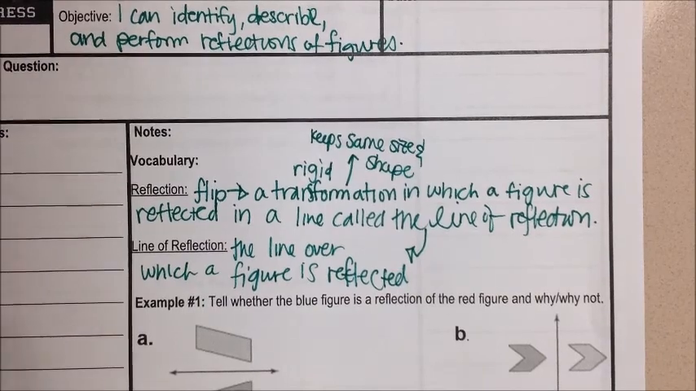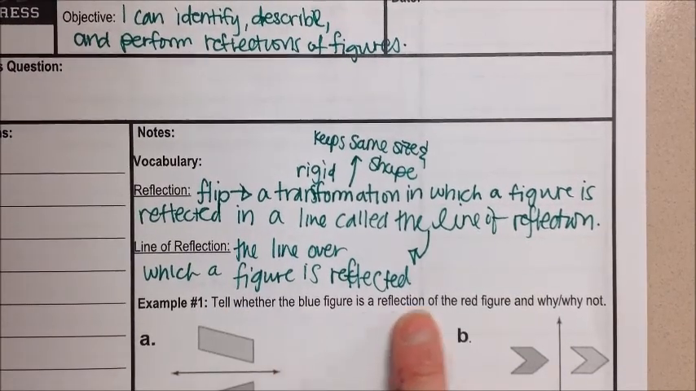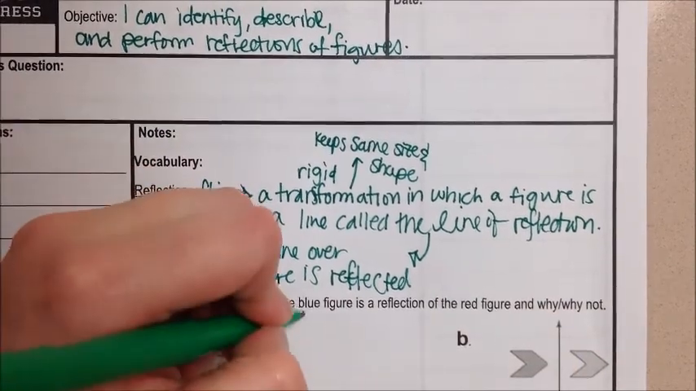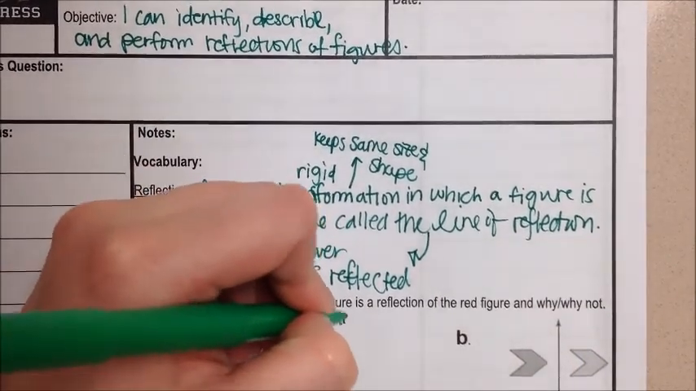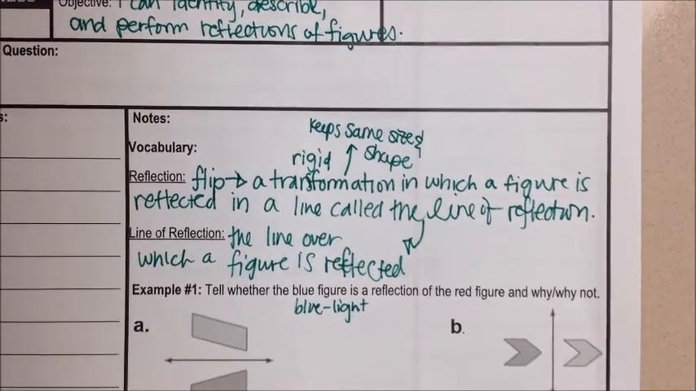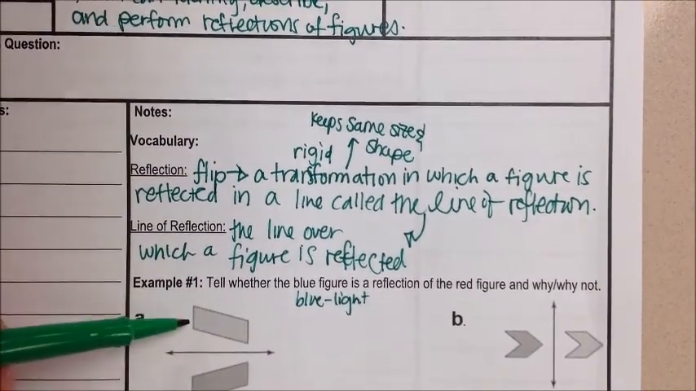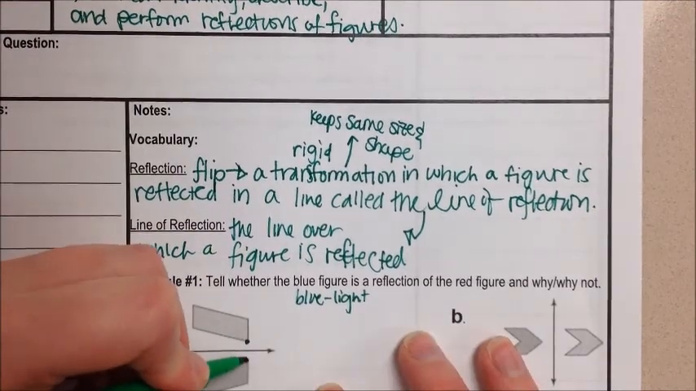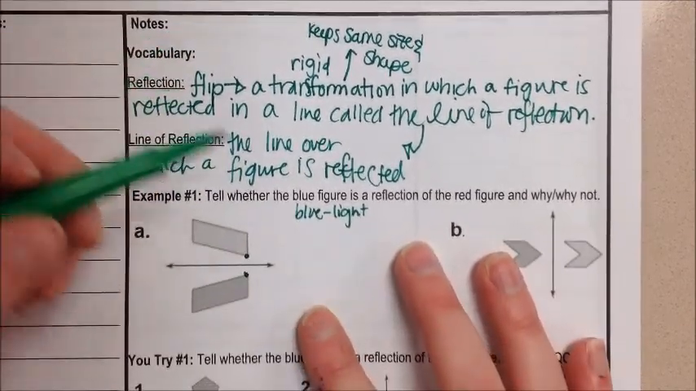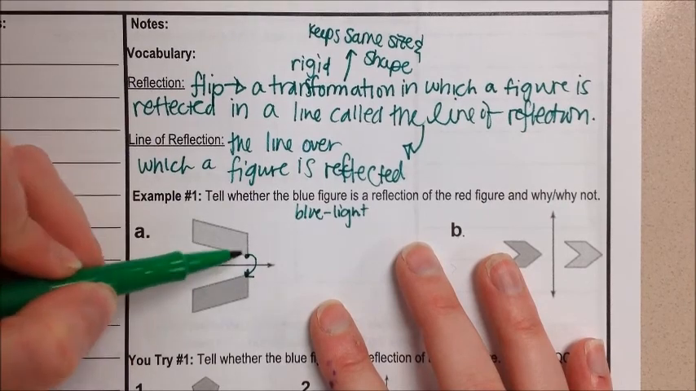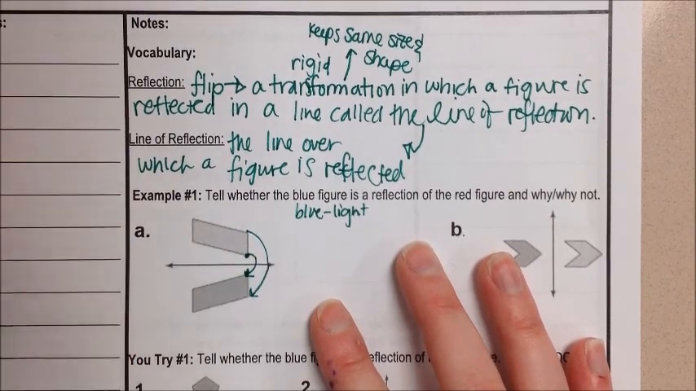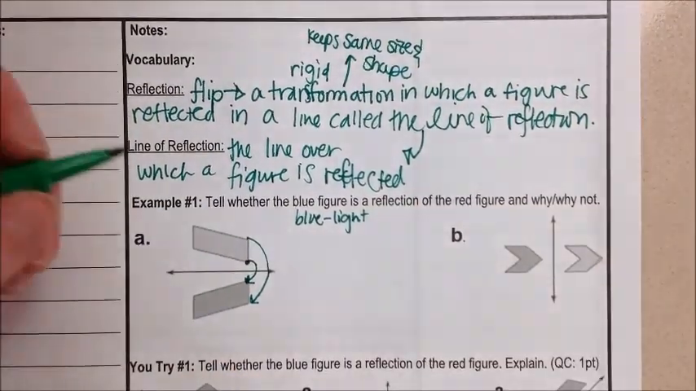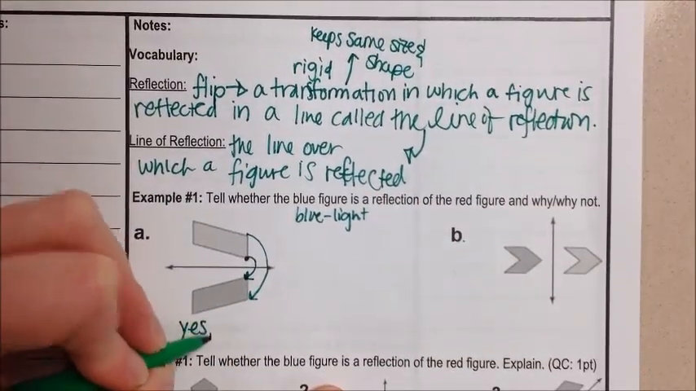Okay, so example number 1 says, tell whether the blue figure is a reflection of the red figure and why or why not. The blue is the light one, just remember. So is this a reflection? Well, yes, because this point is now here. It's like a mirror image. I've taken it and I flipped it over. So it's basically changing the location. So this is yes,